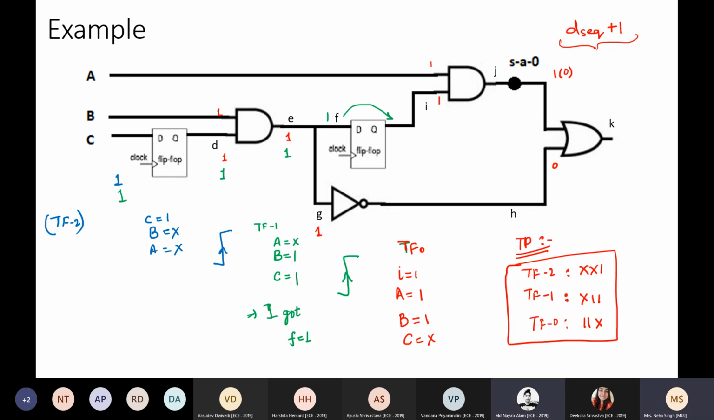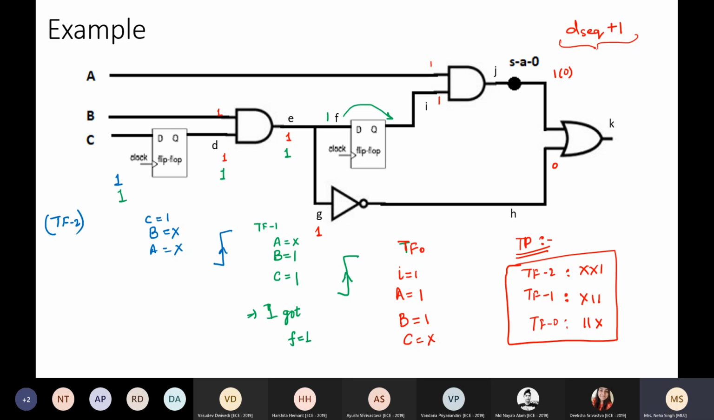We did one more. Difference equation, yes. You can use the difference equation method. So you have generated a test pattern. Now use any of the simulation methods and find out what other faults can be detected with the same test